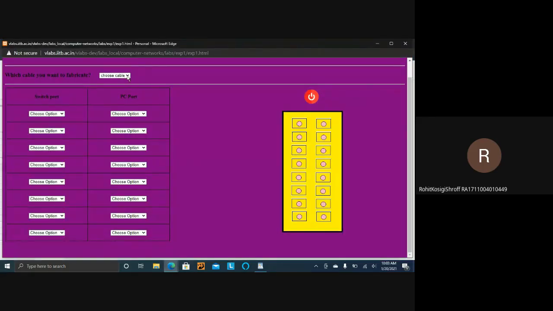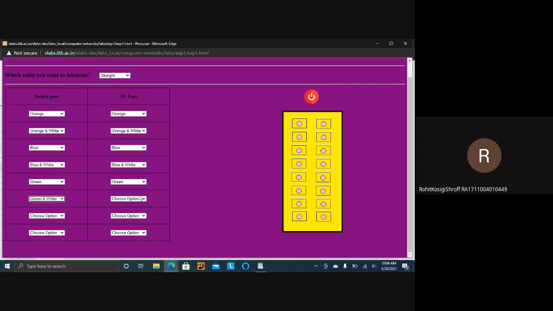Let us choose the straight cable here first. And here let us select different colors. First we'll select orange, so we have to give orange here also. Now orange and white, we'll take orange and white. We'll take blue, here also blue. Here is blue and white, so blue and white. Green, here also green.